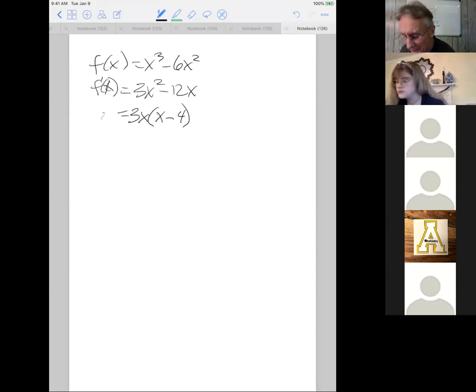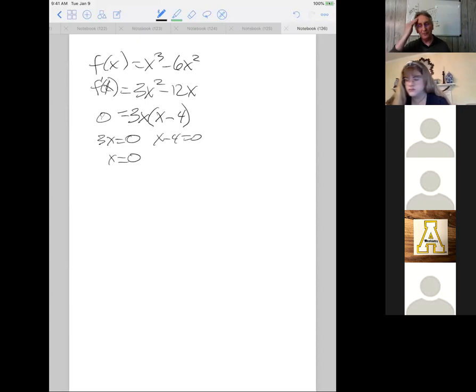When you set this equal to 0, you've got two values. You've got x equals 0 as one of the numbers, and a couple of you left off the 0. That was an important part of the problem, to get that as a critical number. You left that off and you didn't get that. 0 and 4 were the two critical numbers. So it's a matter of drawing a number line, or that's the way I do it,